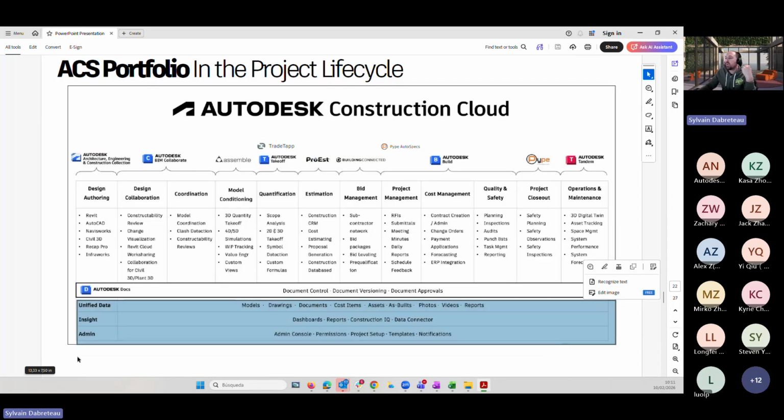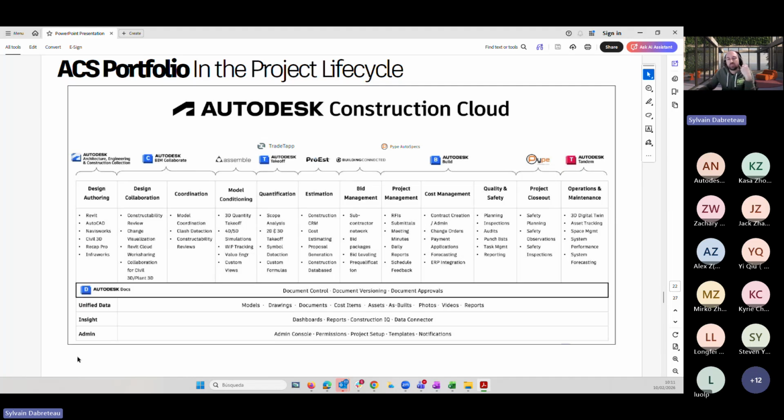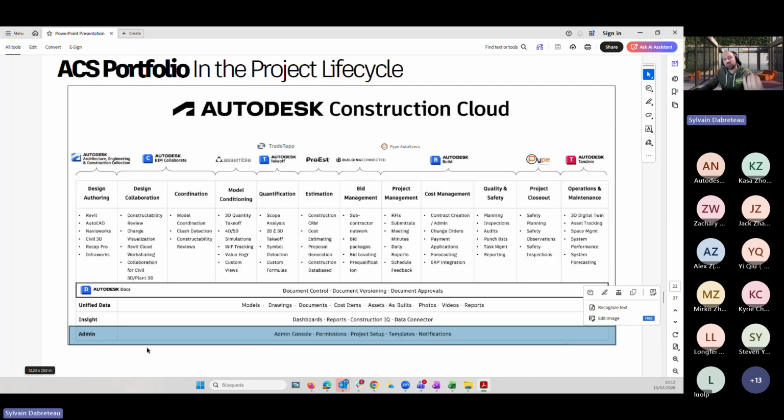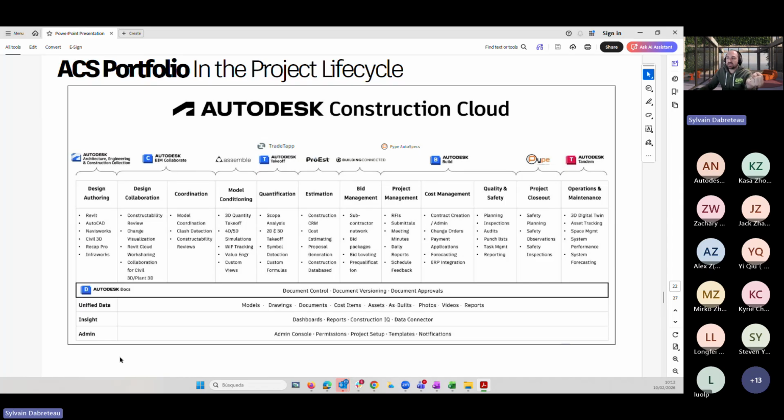So when we are speaking about a project from A to Z, where to start with the platform, if my company is getting started with Autodesk Construction Cloud, first I really have to make sure that I have a strong account administration. For standardization, I would need templates, I would need to have members, or companies that might be or are likely to be working with me in the future. So account administration. Then when I start in a project, I need to have a strong project admin. Project administration with locations and the members and companies that would be involved in this project.